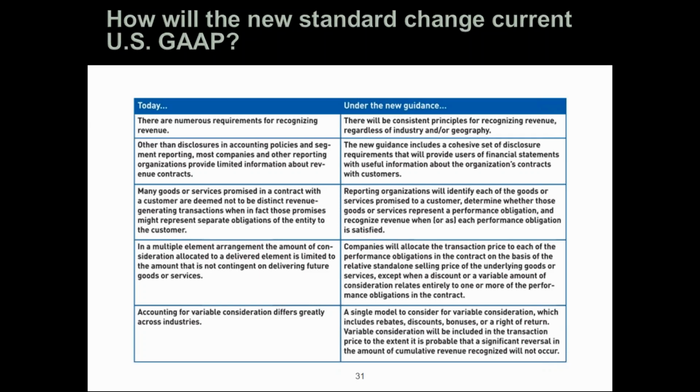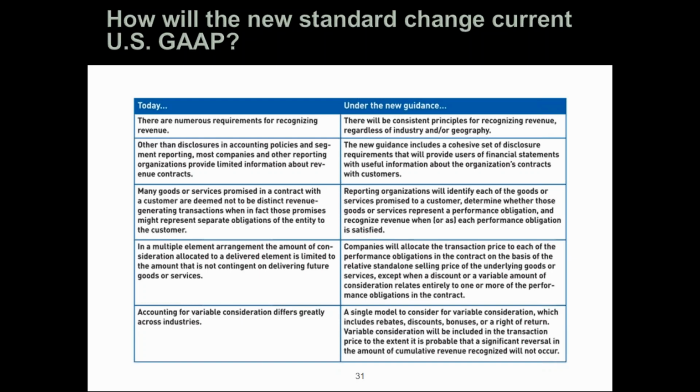So once you've developed your preliminary conclusions, do a check-in with your auditor. Make sure that you're in agreement with the basic methodology. If there's any tweaks required to that program or your plan, you'll know it up front, and then you'll be prepared for actual implementation, which, again, for private companies is calendar year 2019, but based on the implementation that you elect, some of that could impact activity that's happening during 2018 if you actually went back and did a full retrospective implementation.